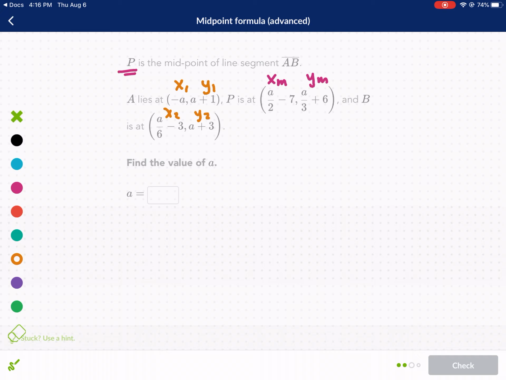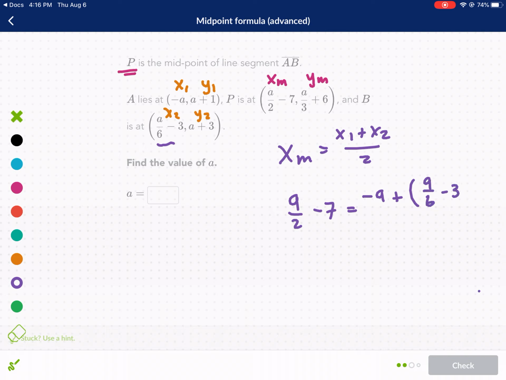Well, we already know that xm needs to be equal to x1 plus x2 divided by 2. So we can just substitute values and we'll be able to find it. Now there might be some algebra involved, but it's pretty straightforward. So we have negative a plus, I'm going to put this in parentheses just because there's a lot going on with x2, a over 6 minus 3 all over 2. Wow, that's kind of an ugly problem, but we're going to start simplifying it by multiplying everything